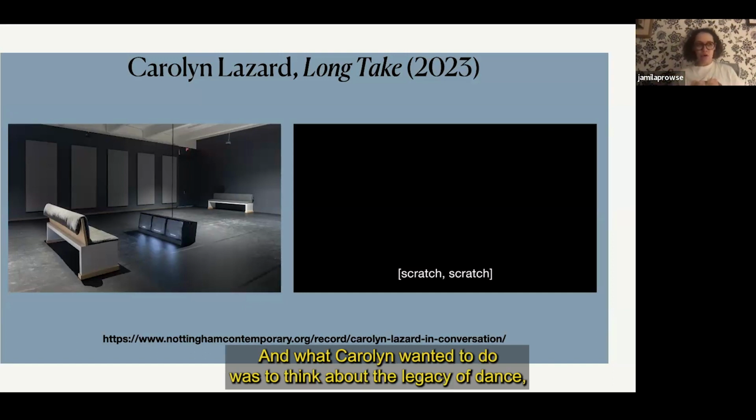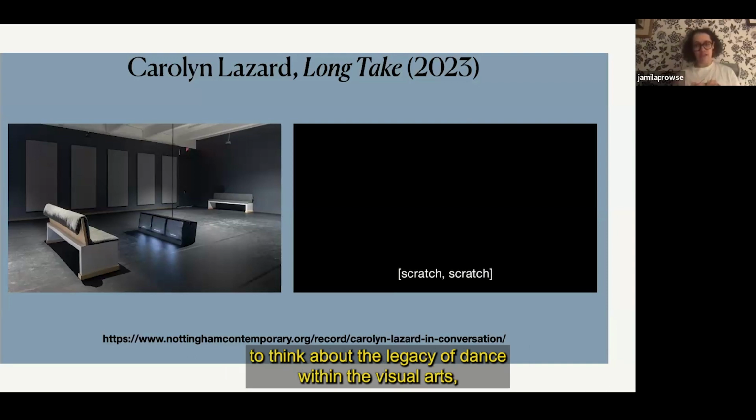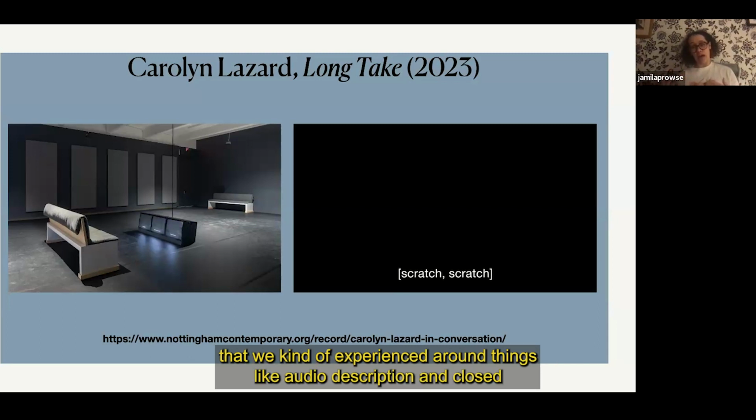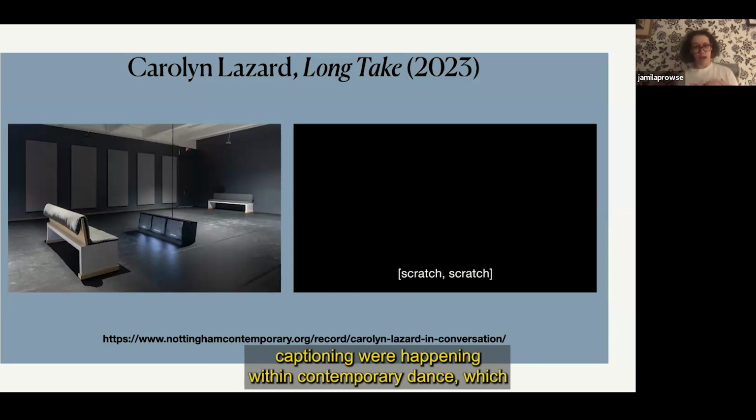And what Carolyn wanted to do was to think about the legacy of dance, the legacy of dance within the visual arts, and also the relationship of dance and the contemporary arts to access adjustments, because some of the earliest access adjustments that we experienced around things like audio description and closed captioning were happening within contemporary dance,